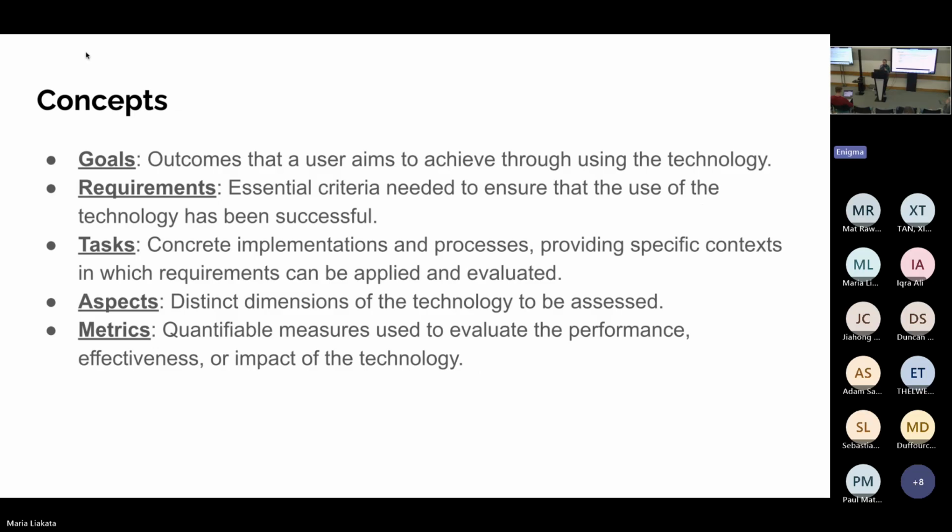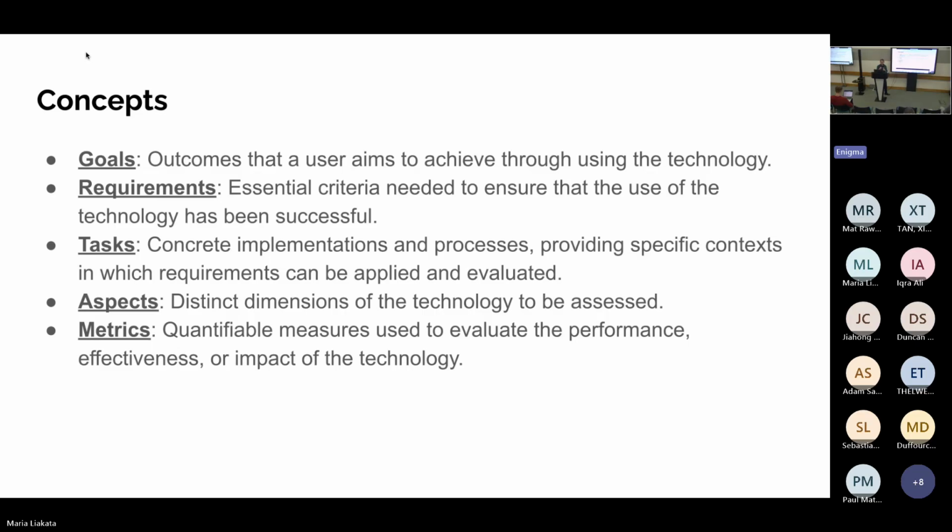A real focus of this is that we want to keep in mind the goal of the user, so what a user aims to achieve through using this technology. This leads to requirements: what are the essential criteria needed to ensure that the use of the technology has been successful within the context of the evaluation?